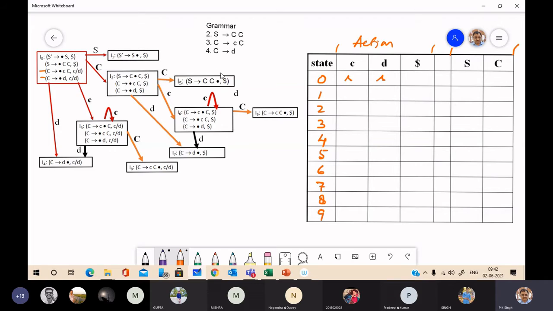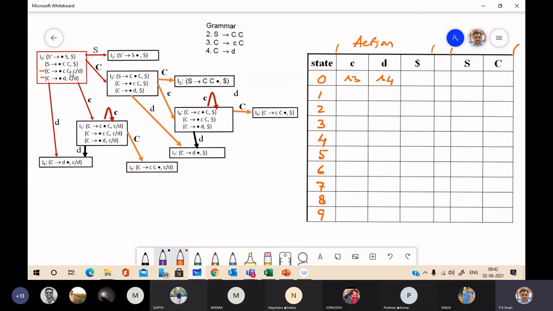Where to shift? goto(I0, C) is I3 and goto(I0, D) is I4. So here S3 and S4.